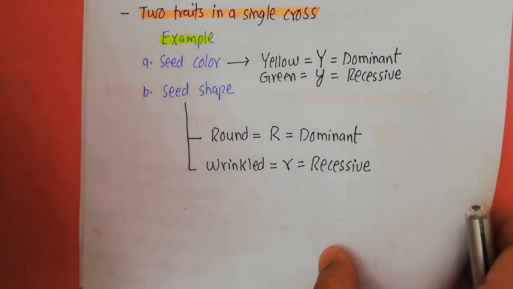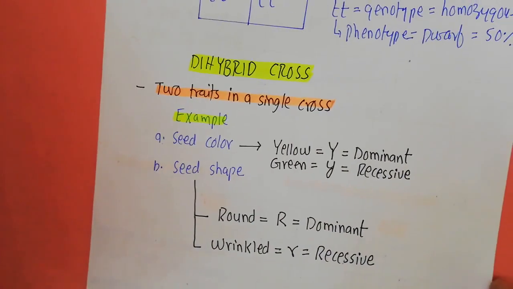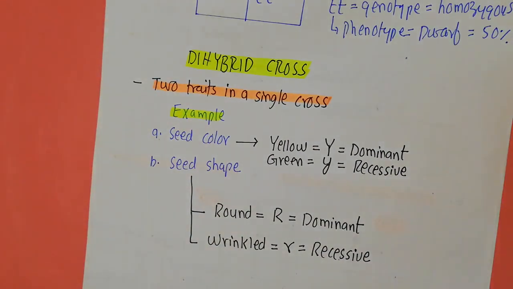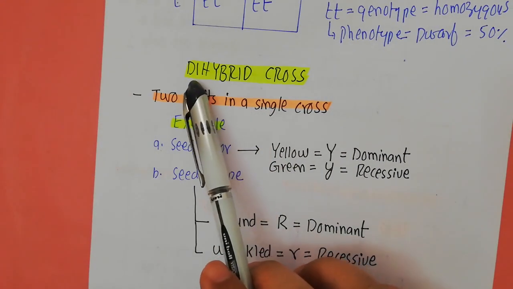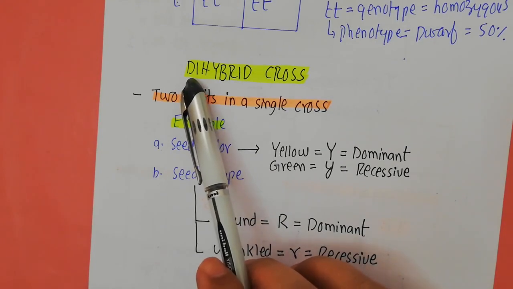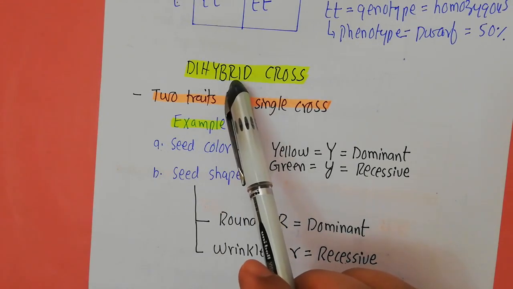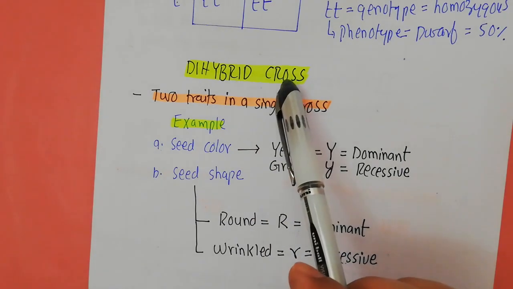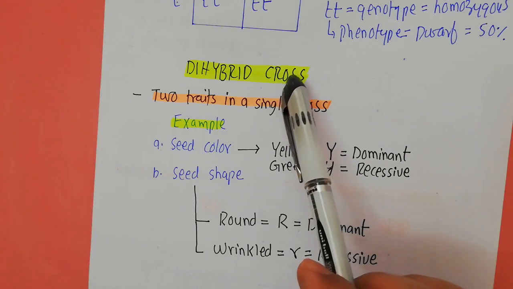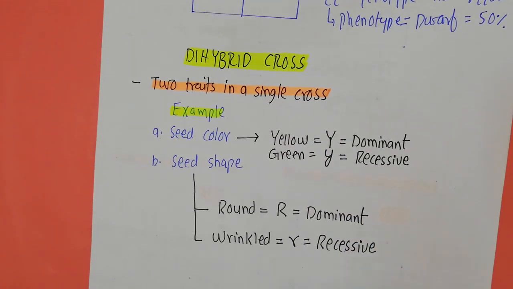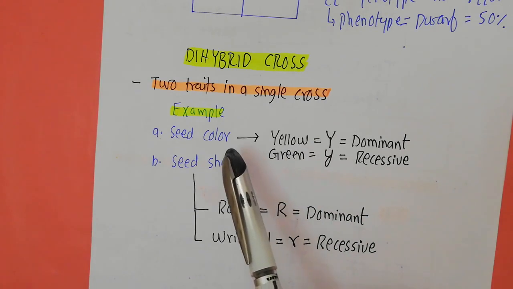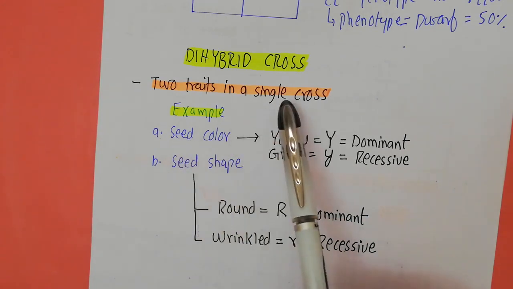After doing work with the monohybrid crosses, Mendel also worked with dihybrid crosses. What I mean by dihybrid crosses is that this di refers to two. That means you are now focusing on two traits instead of a single trait. The hybrid means that both of the traits you are focusing on contain two different alleles. A cross means that you are crossing two parents and they are combining their genotypes.